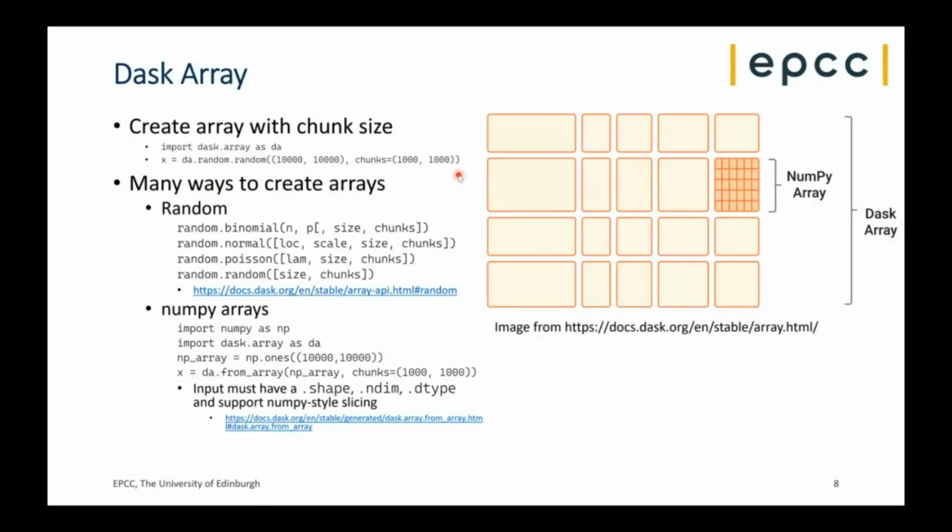There's different functionality to use threads or processes or submit to the batch system. By default, for Dask arrays, you would get threads, and you get as many threads as there are cores on the system, on the node you're using. So on an ARCHER2 node, that would split this up over 128 workers. Now you can play with that and change those values, but that's what it does by default. So the Dask array compiles down to NumPy arrays for the individual chunks, but it deals with the distributing of